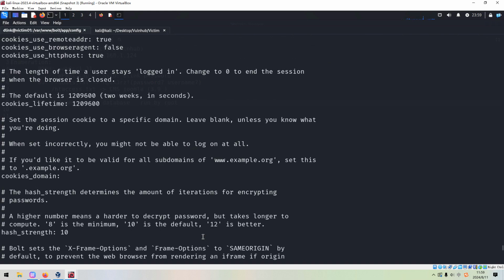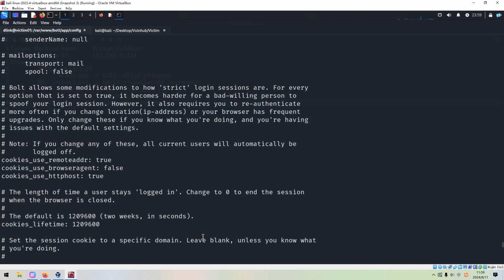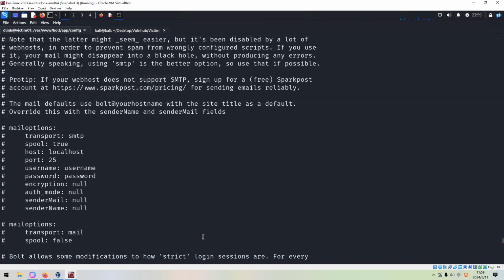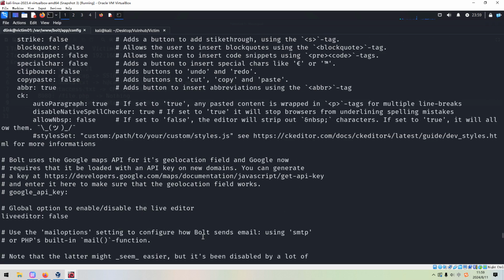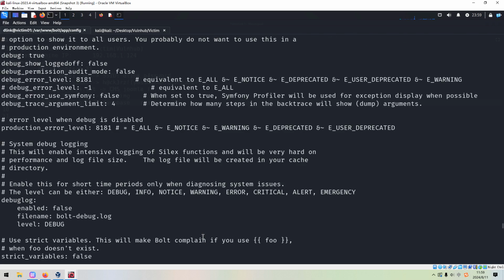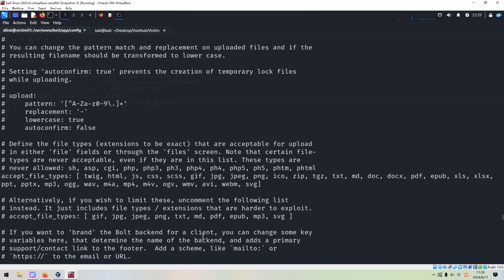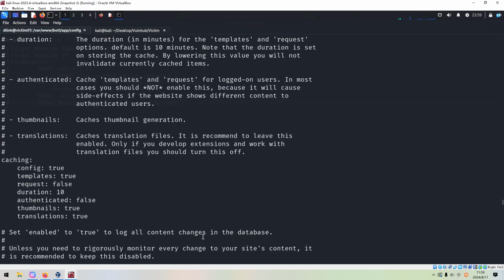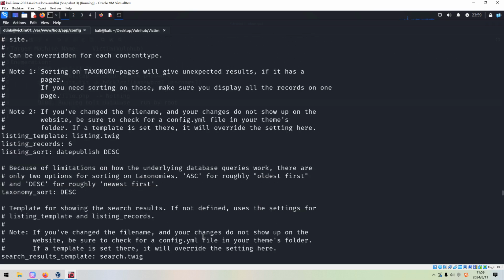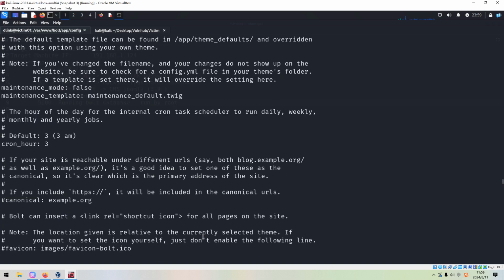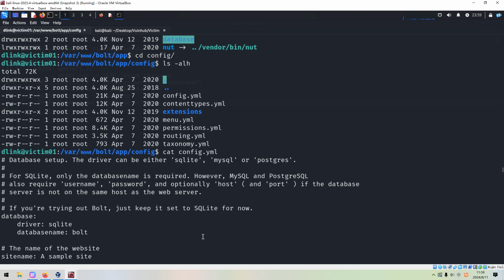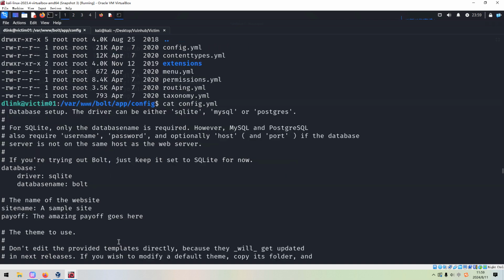We can check whether we can find something sensitive like username, password, something like that, right? A lot of code, a lot of configuration. Nothing useful. The database name.